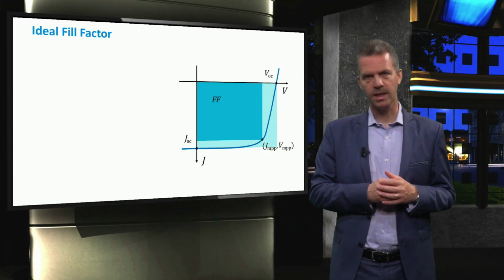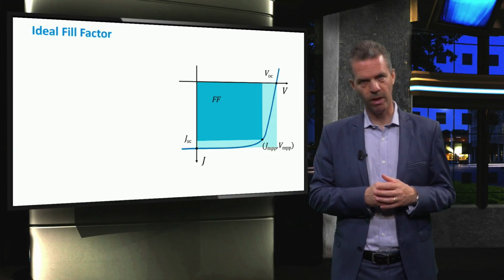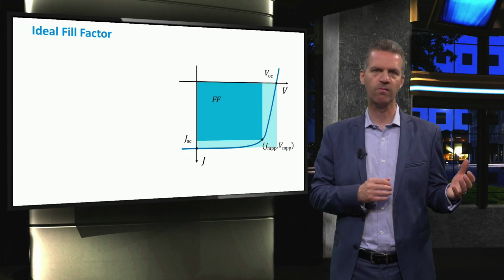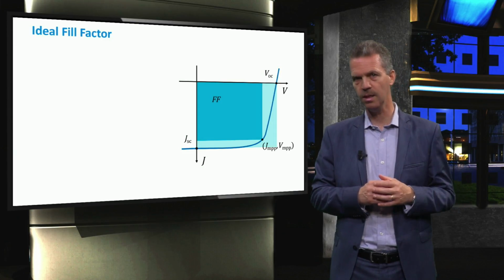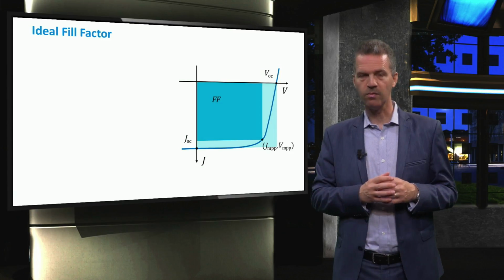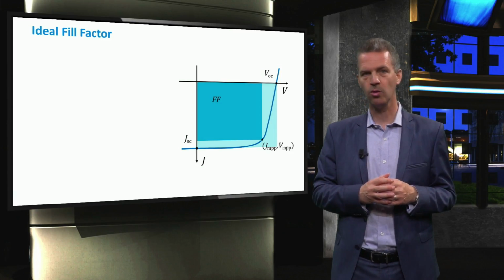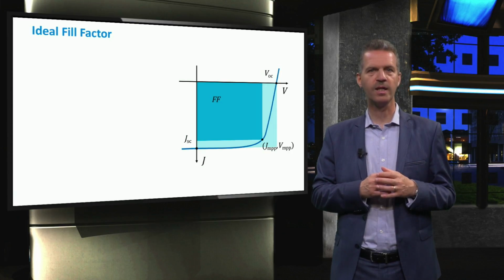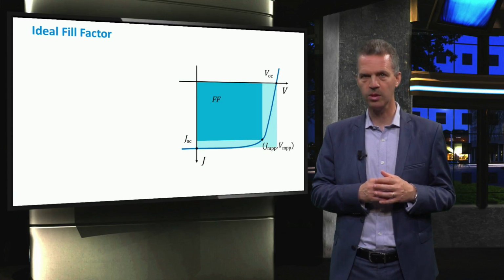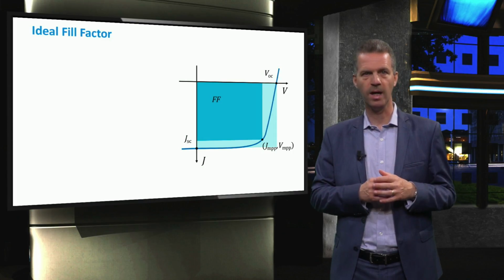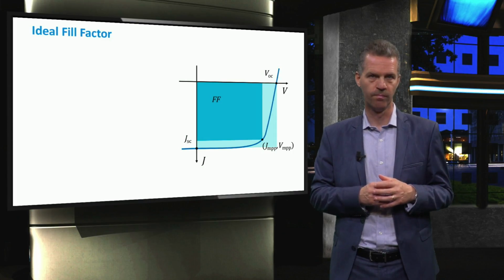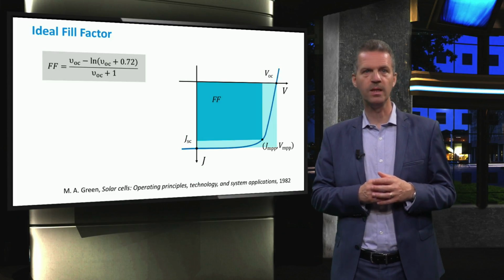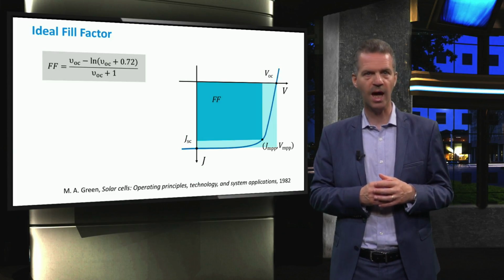The fill factor is calculated from a JV curve measurement as the ratio between the product of the maximum power point voltage and current density divided by the product of the open circuit voltage and the short circuit current density. This is shown in this slide as the ratio between the dark blue square and the pale blue square, as was demonstrated before. For an ideal diode, an empirical relationship between the cell's open circuit voltage and the fill factor